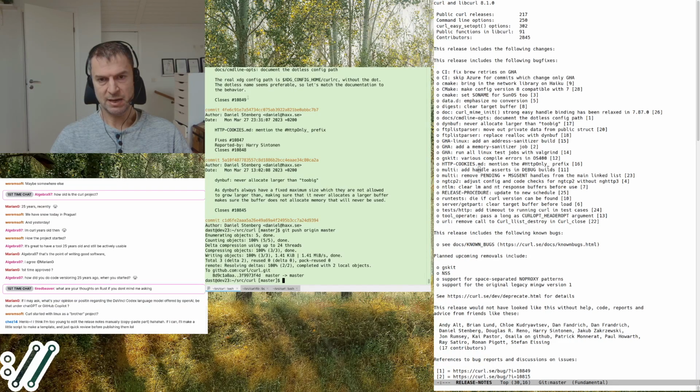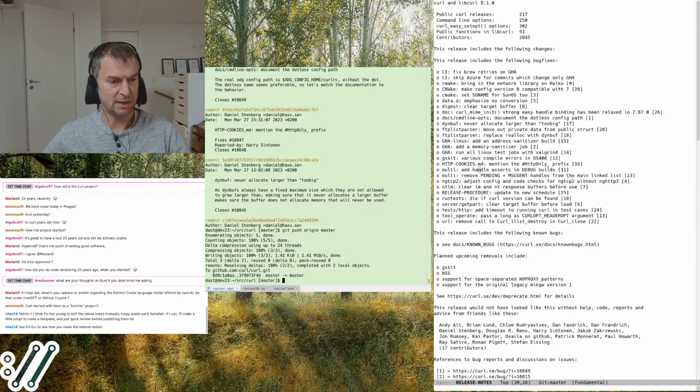But by then it already existed, and it already built on a number of different Unixes. I think maybe SunOS and Solaris were the first Unixes that I did it for. But by the time we shipped curl, it built on all those Unixes that were big at the time at least.